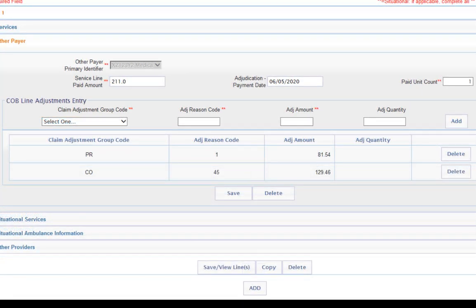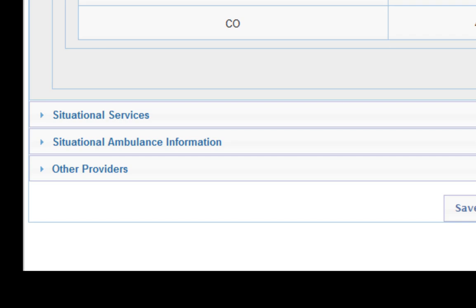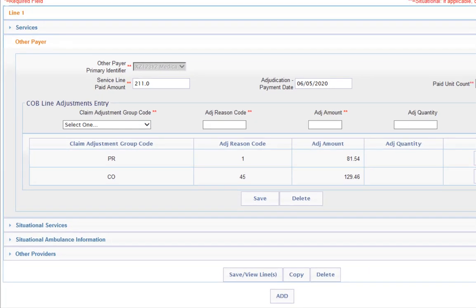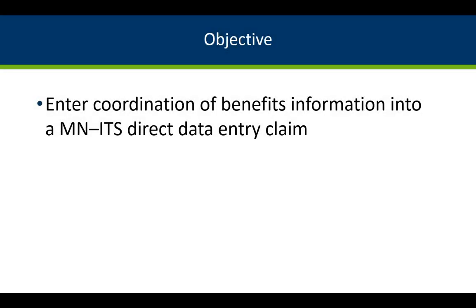Once all the information from the first line on the EOB is entered, we click Save and complete the additional screens on this page for the service. To add the second line of service from our EOB, we click on the Add button at the bottom of the screen. We repeat the same process for the second line of service on the EOB, and then we complete the claim as normal. In this video, you have learned how to enter coordination of benefits in a direct data claim,